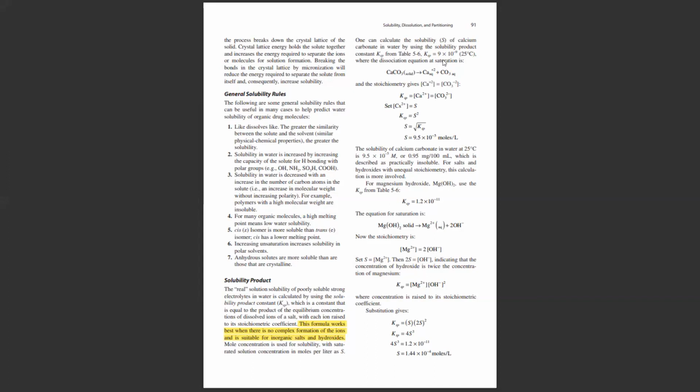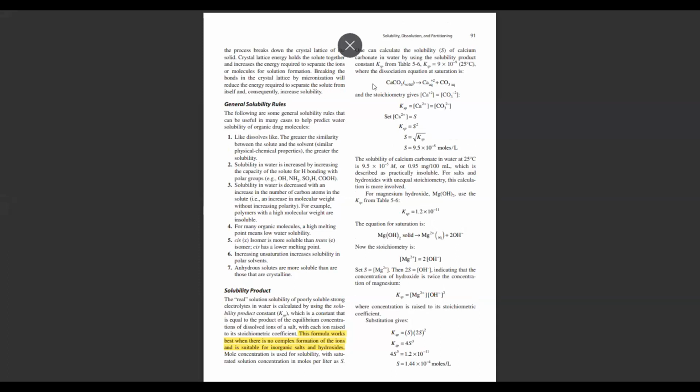And the stoichiometry gives calcium 2+ equals carbonate 2-. So in short, the solubility product after you've dissolved calcium carbonate is calcium and carbonate, which is saying the solubility constant equals the concentration of calcium, which is also similar to the concentration of carbonate. So they're saying we set